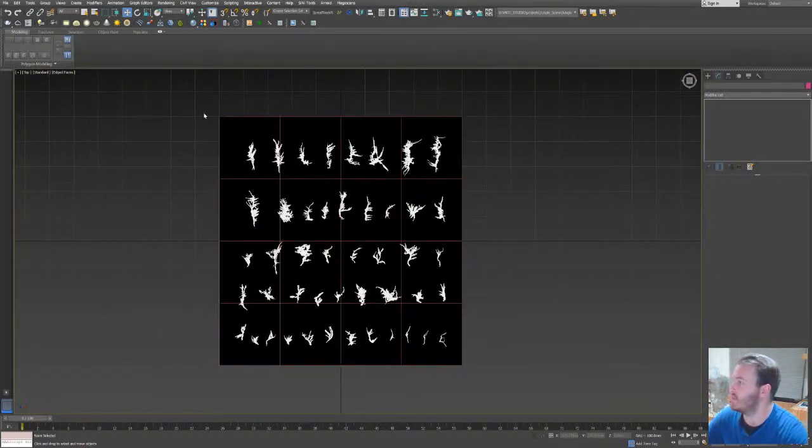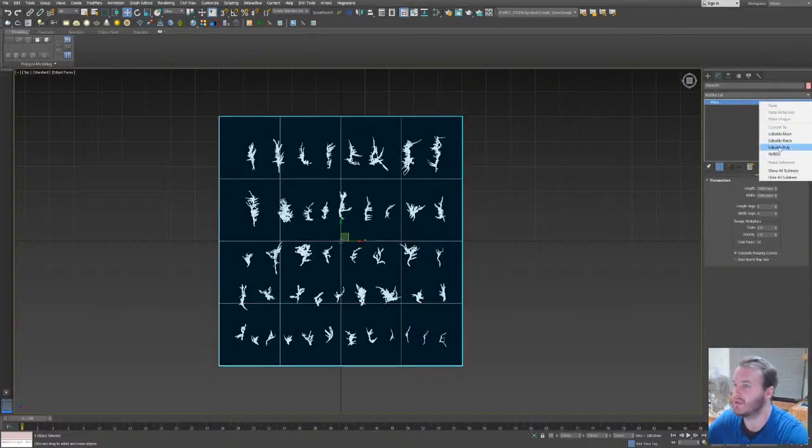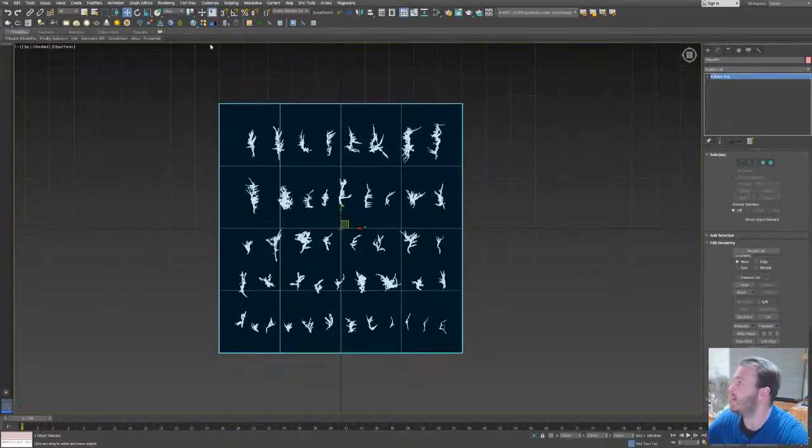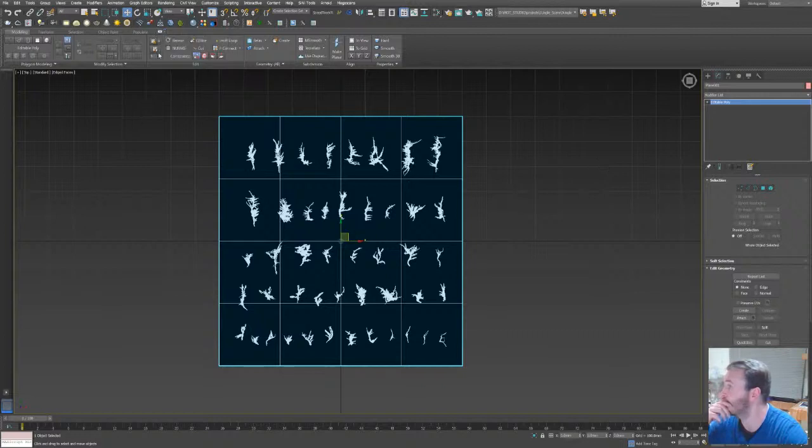Important thing here is to keep it square, because all the Quixel assets or atlases are in a square format. So once you've done this, you can just edit poly and let's add a Swift Loop there, there, there, and